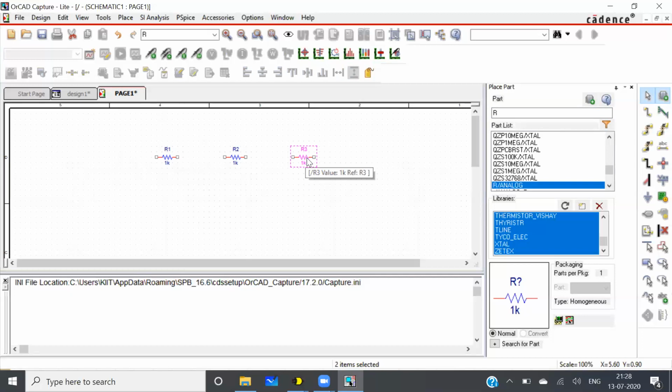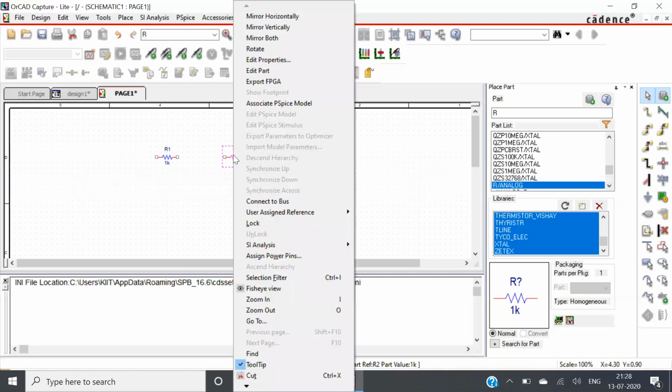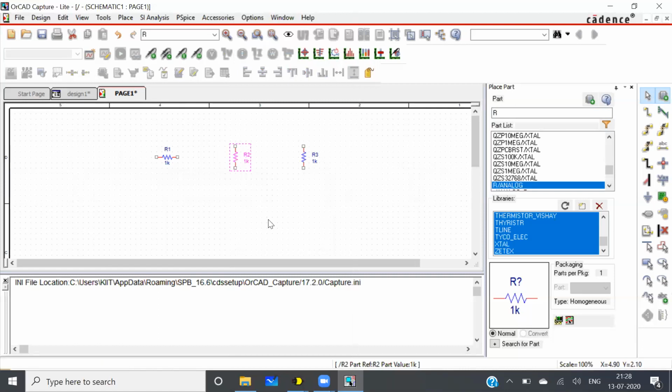Suppose I want to rotate this resistor, then what will I do? You have to select this. For selecting, you have to left click on this, then press R on your keyboard. R stands for rotate. Similarly, you can select the resistor, right click, then also you can click on rotate.